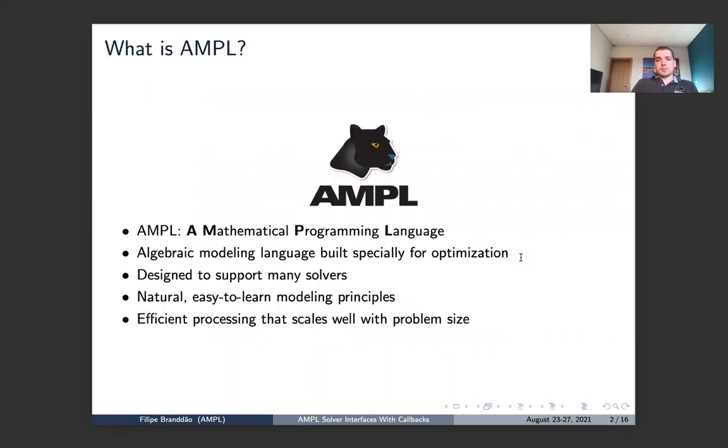So, what is AMPL? AMPL is a mathematical programming language. It is a language designed just to express optimization problems. It works with multiple solvers, and you can easily switch from one solver to another without having to change anything in your model. It is quite natural and easy to learn. I'm going to show you a few examples, and after that you should be able to already start writing your own models. And it is really efficient